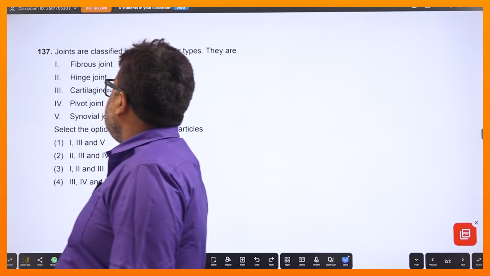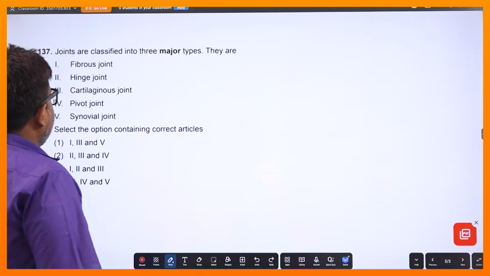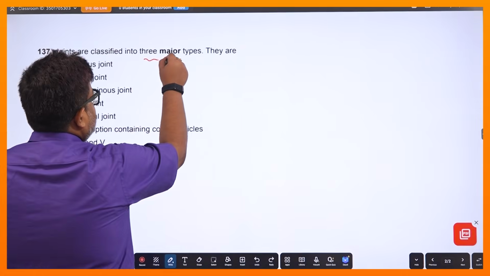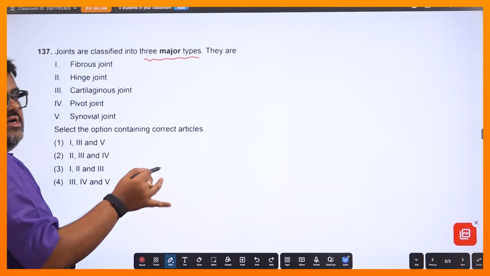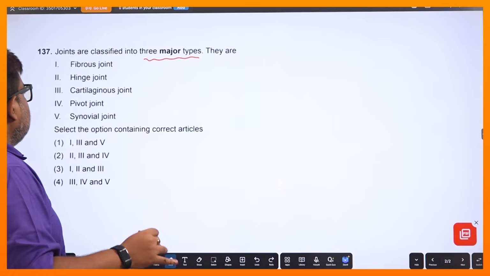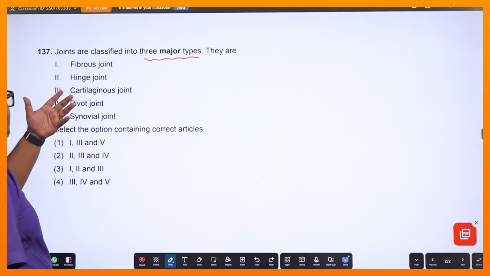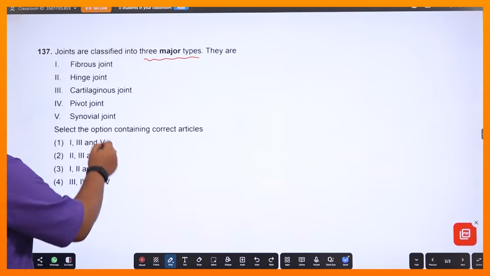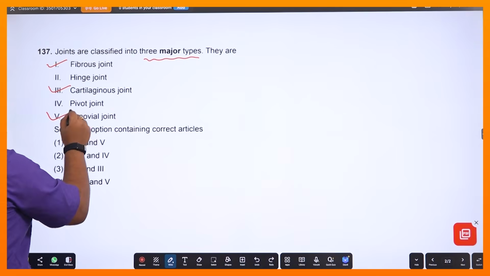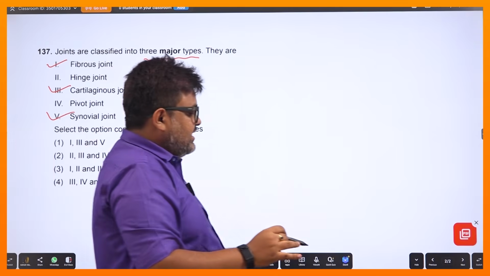নেক্সট যদি আমি কোয়েশ্চেনটা দেখি, সরি ফর দ্যাট ডিলে। নেক্সট যদি আমি কোয়েশ্চেনটা দেখি, আমাকে বলেছে জয়েন্টস আর ক্লাসিফাইড ইনটু 3 মেজর টাইপস, ঠিক আছে। এই কোয়েশ্চেনটা আমাদের না করলেও চলতো, আমার মনে হয় তোরা এটা জানিস। তো যাই হোক, এই কোয়েশ্চেনটা আমরা না করলেও চলবে। আমরা জানি ফাইব্রাস জয়েন্ট, কার্টিলিজেনিয়াস জয়েন্ট আর সিনোভিয়াল জয়েন্ট, আমরা অলরেডি এটা জানি।